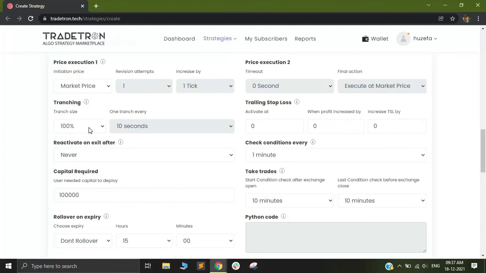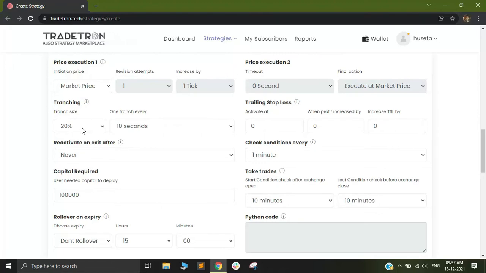What this does is it calculates the number of lots, or the overall quantity, that you need to fire. And out of this quantity, it will break up the same order into multiple different orders. This way, it helps you even during low liquidity environments when the prices could behave a little abnormally.